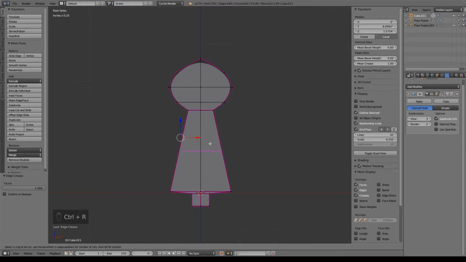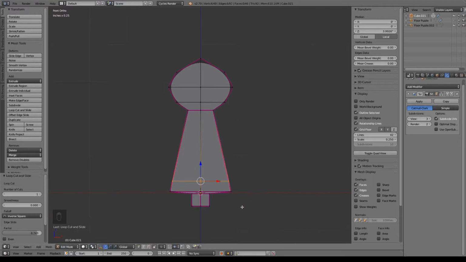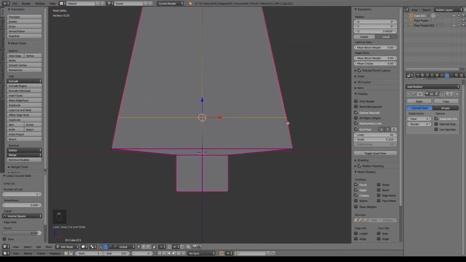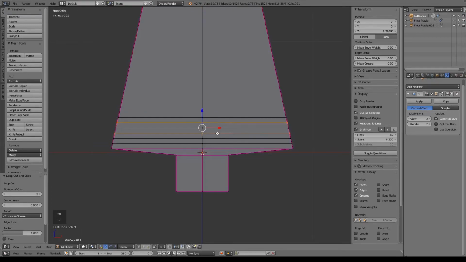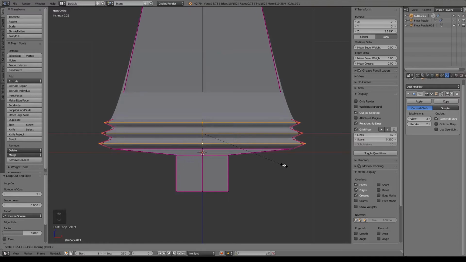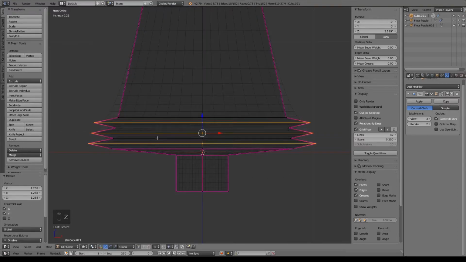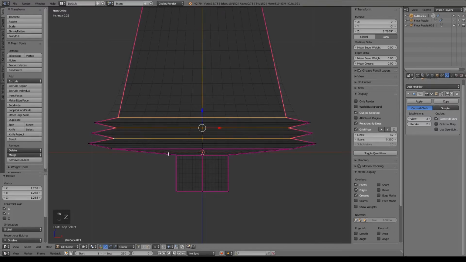I want to do Control R, pull this down to about here. And I want to add in some of the ridges, kind of like what we did with our arches. So if we do Control R and do 1, 2, 3, 4, 5 loops, we can go ahead and do Alt right click on every other one. Do S, Shift Z to size them out. I'm going to make mine pretty dramatic. And then again, go through